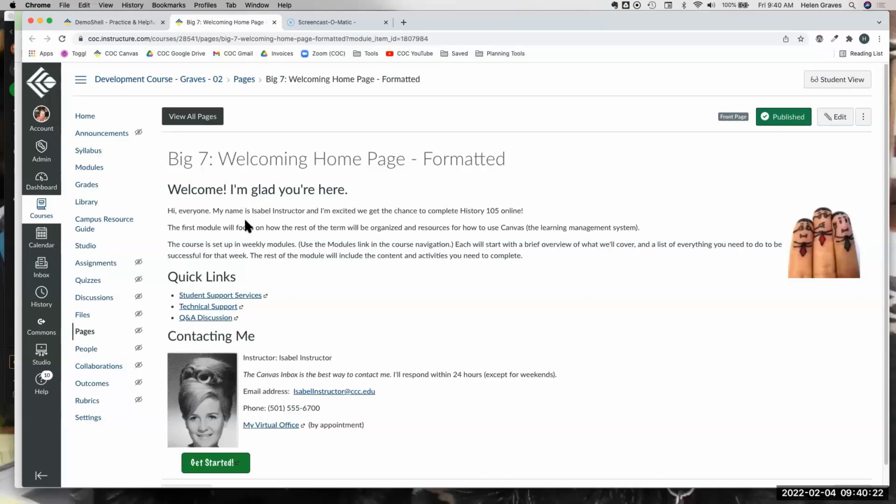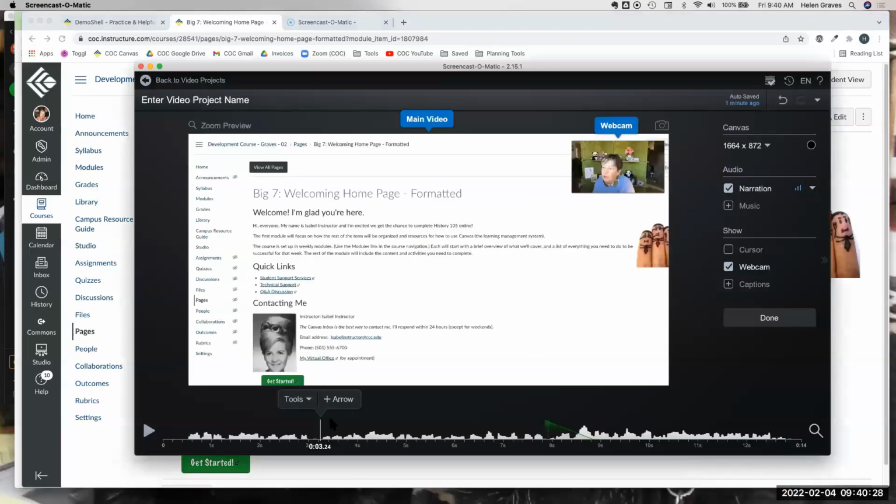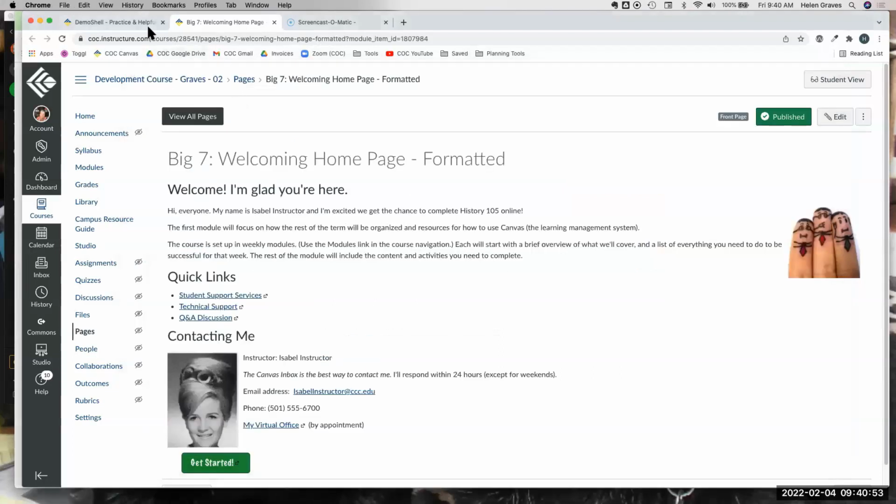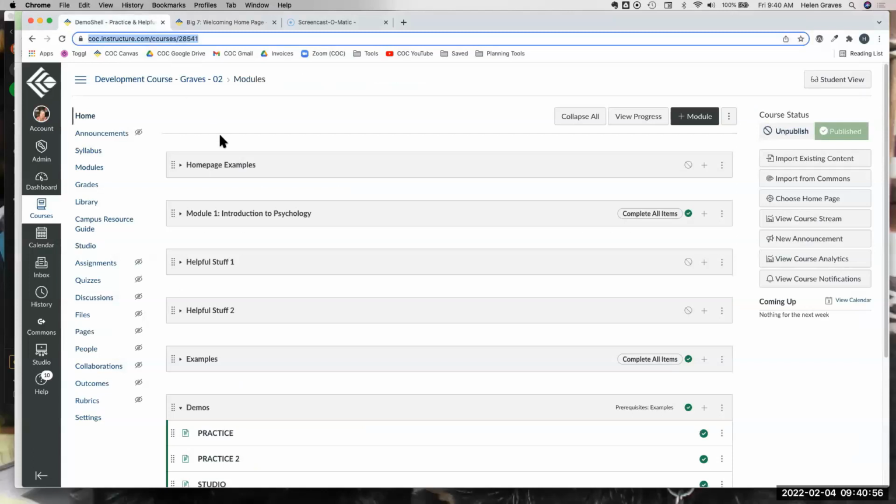add a transition. The thing to know about transitions, I'm not sure if I mentioned it, is the transition will only be visible if there is a trimmed area. If I add a transition in the middle of a regular screen that's just a consistent screen, the transition won't show. It has to be a transition across where you've done a trim in the video itself. So when you are recording and you're moving from one screen to the next screen, be sure to leave a little bit of time so that you can, in other words, don't be talking as you're doing it. Otherwise, you won't be able to trim out a little bit and add that transition.